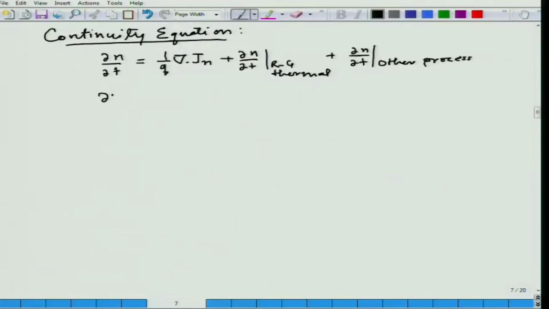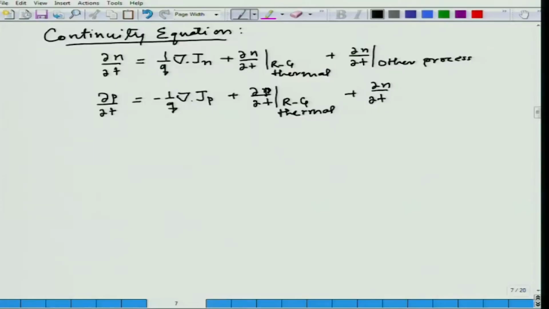Similarly, I will write it for holes, because they both work independently, and both equations have to be solved independently. I will solve for hole concentration, which is RG thermal plus del p del t due to other processes. Now, this is the general form of the equation, and then we reduced it with some simple